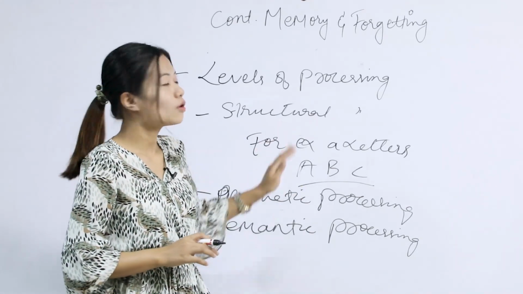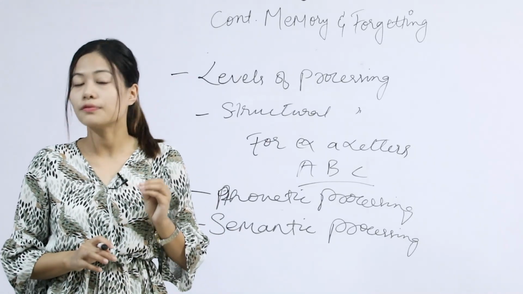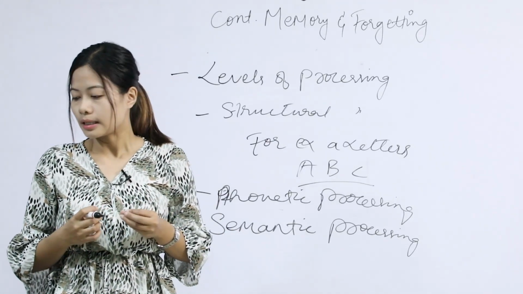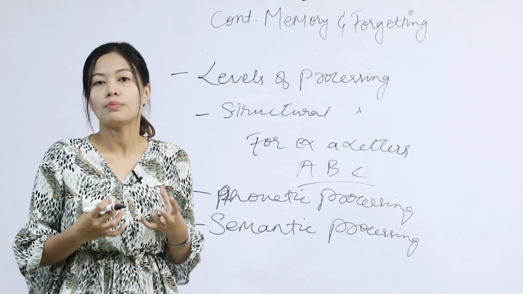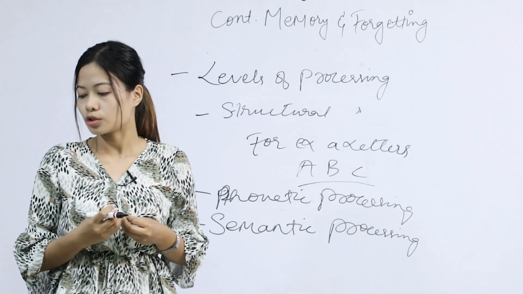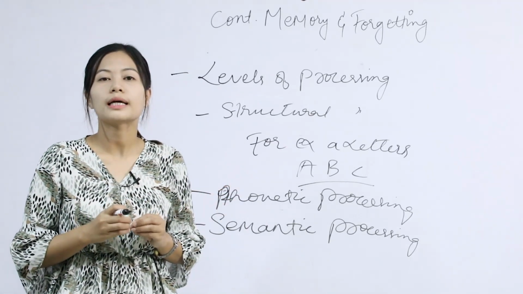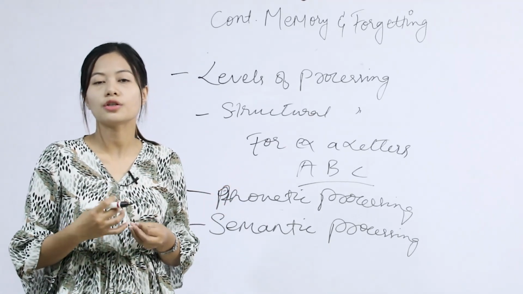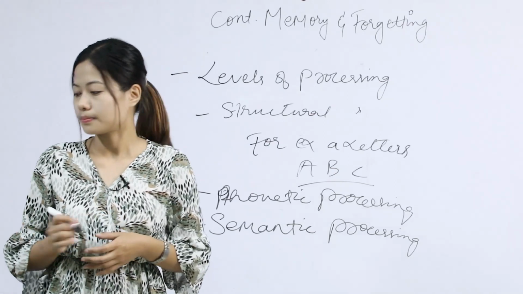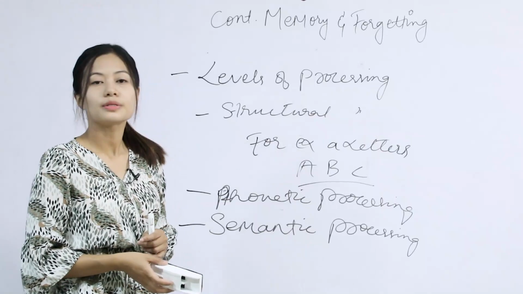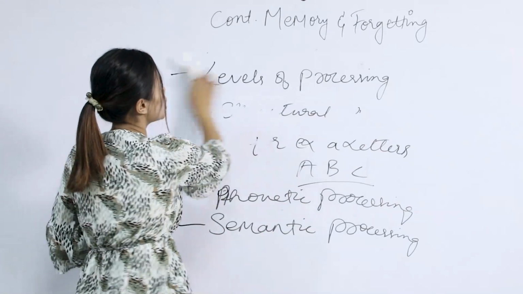Thus, the levels of processing theory emphasizes the depth of analysis, that is, the elaboration of incoming information, and it is based on the principle that the deeper the processing, the greater it will be remembered. Now the next topic that we will discuss is knowledge representation and organization in memory.